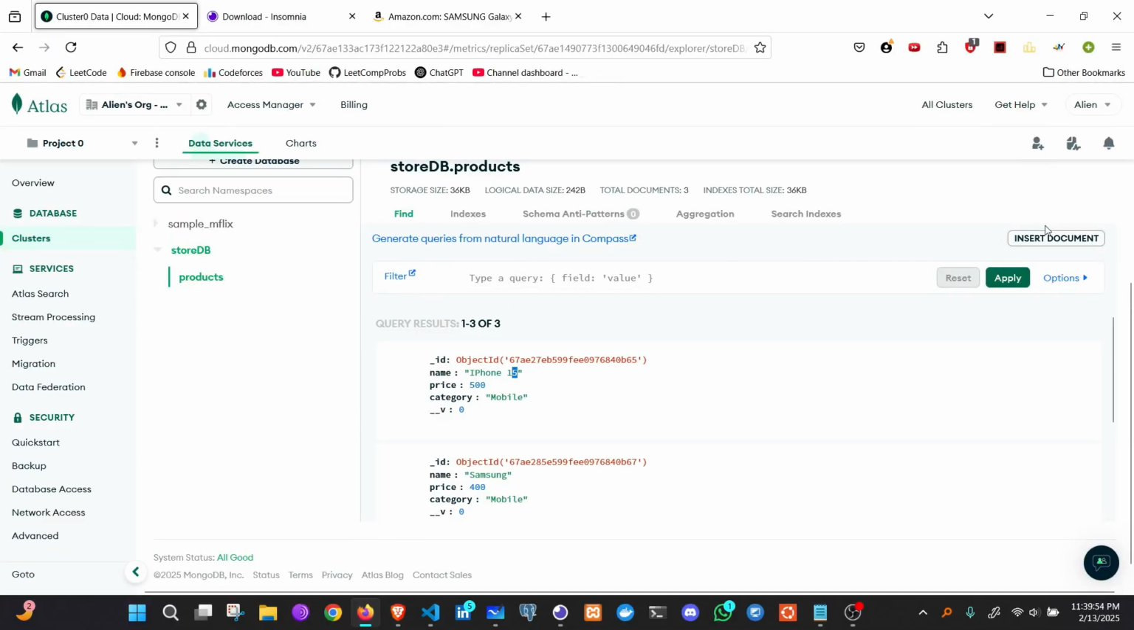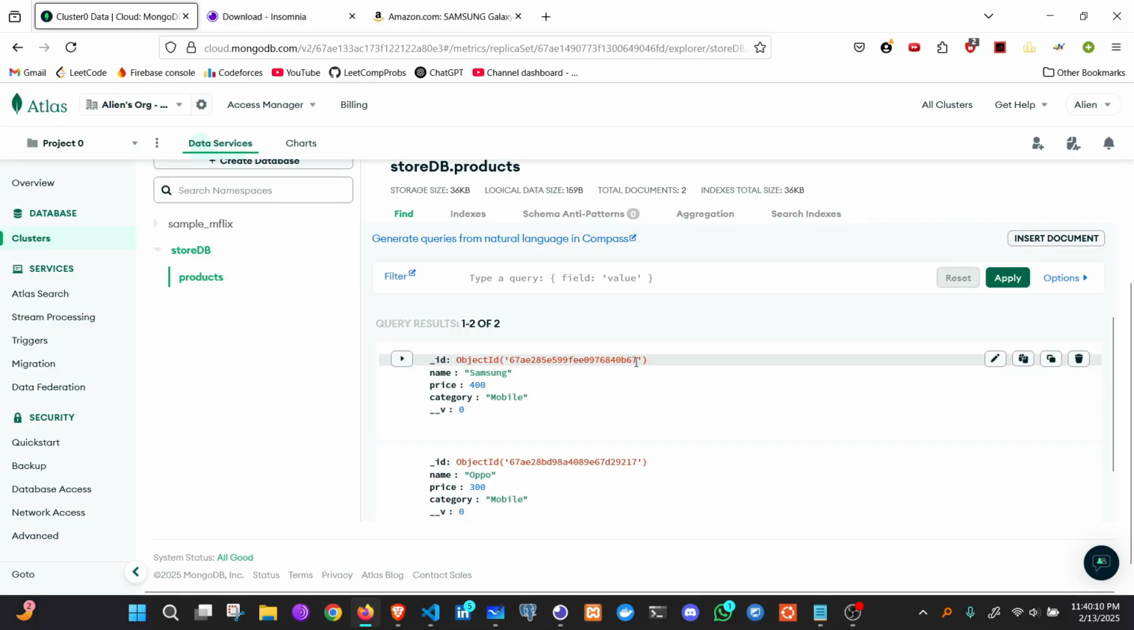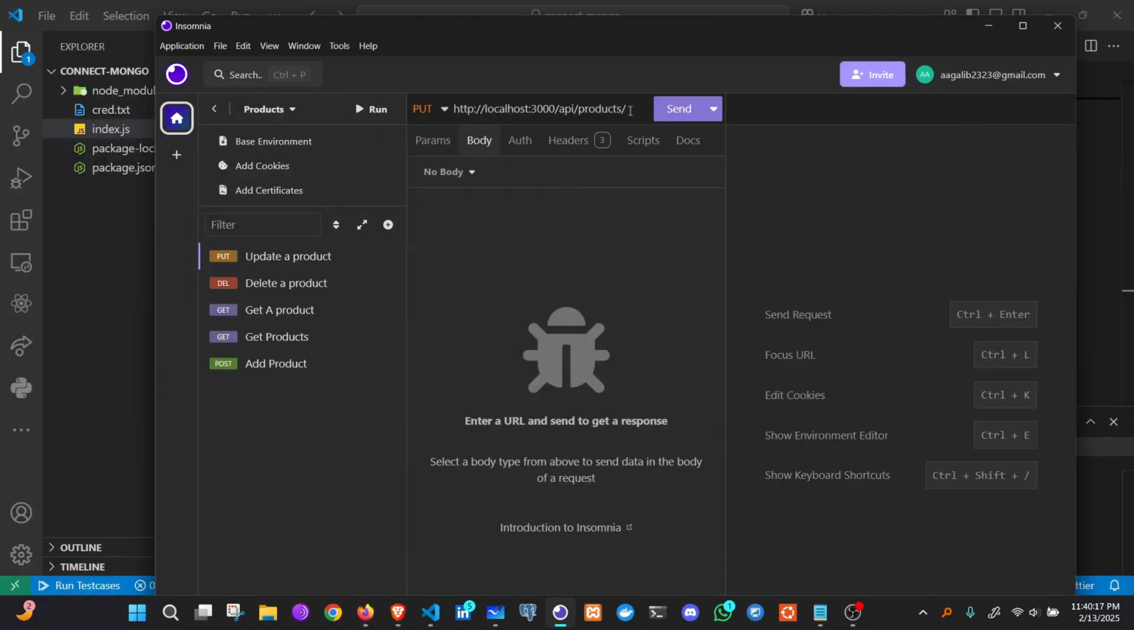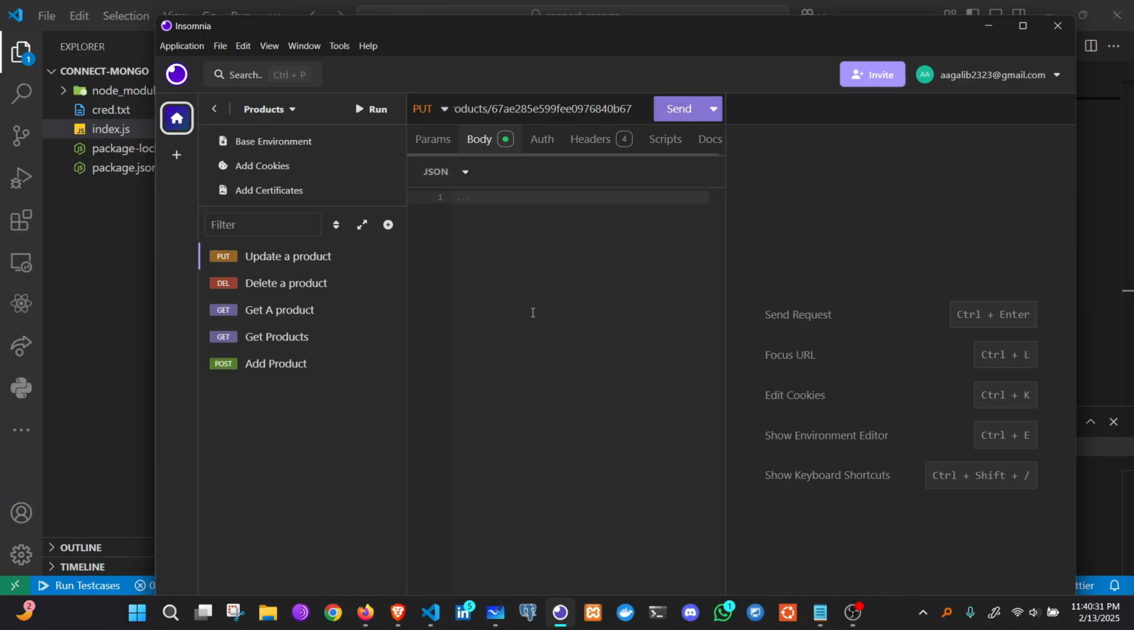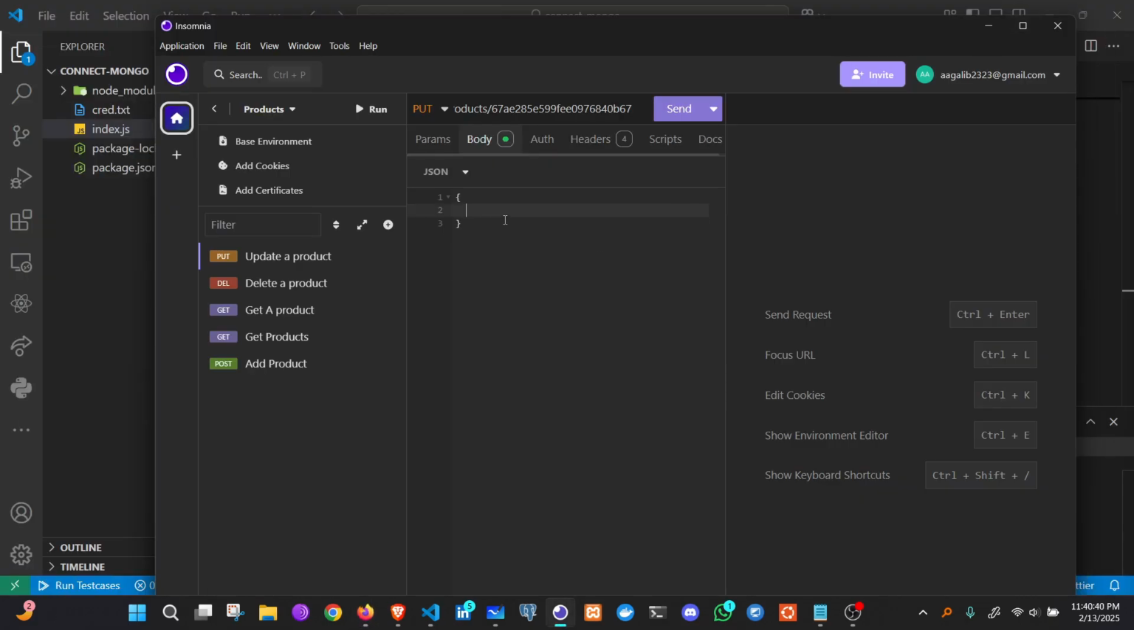Now go to Insomnia and we have to select the method, in our case put, go to the database, firstly refresh it because we deleted something earlier. Now let us copy the ID of this Samsung one, then provide the ID here in the URL. Then inside the body we have to give the data. So let's say we want to update the price. So the price was previously 400. Now let's update it to, let's say, 600. So price